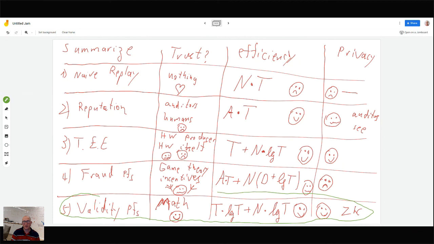Going back to, for instance, Paul Krugman and the conventional folks and saying, why don't you use reputation? Well, reputation ain't so bad, but you have to trust the auditors, and it's not more efficient than validity proofs. And there you don't have to trust anyone, and you have the privacy, and it's guaranteed by math and not by a bunch of friends of economists.